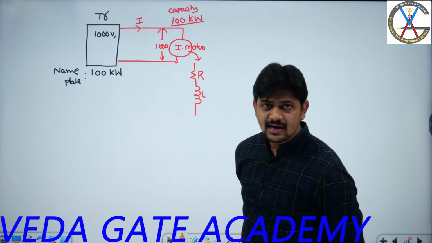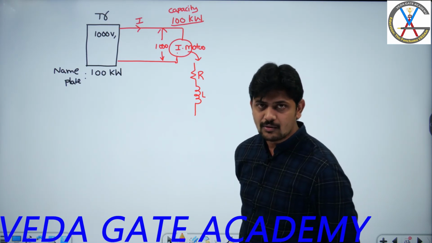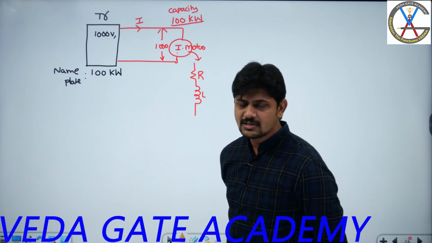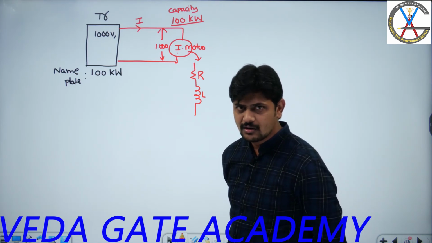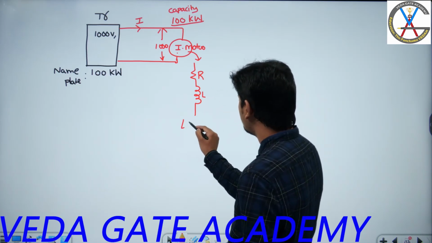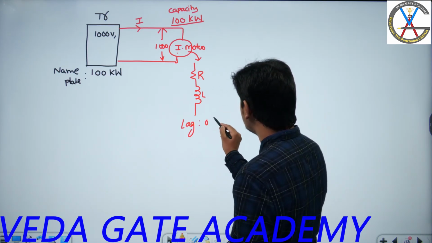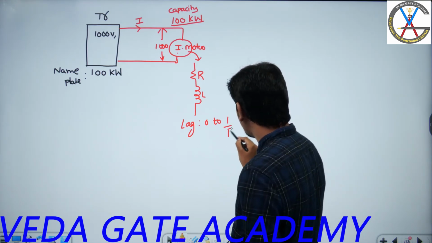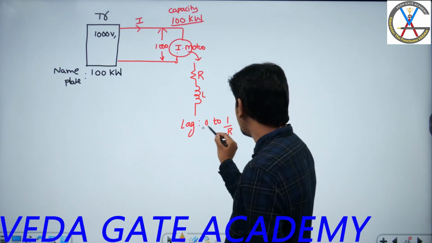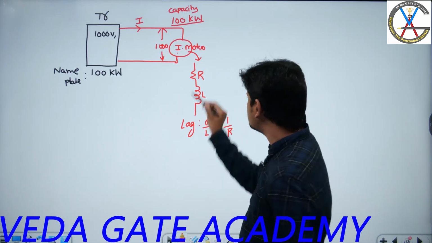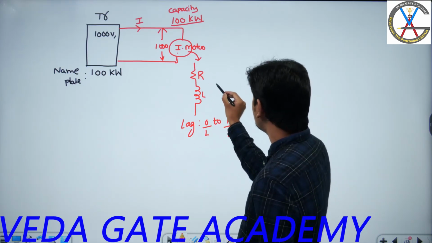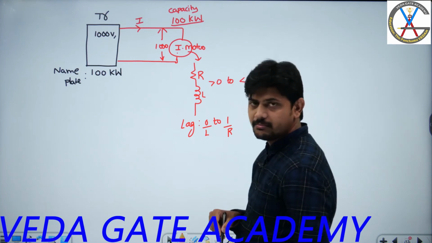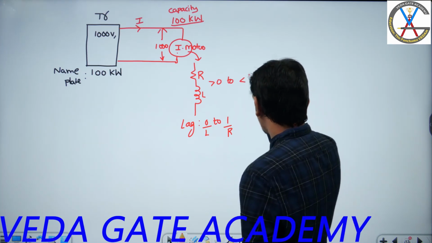Now as I said, induction motor is what kind of load? RL load. For RL load, what is the power factor I am going to get? Can I say power factor is 1 for RL load? No, right? The power factor is always lagging, and it will vary between 0 and 1. For a pure resistive load I get 1, for a pure inductive load I get 0, but it is an RL load. The RL load means you are going to get above 0 and below 1. Are you following what I am saying?